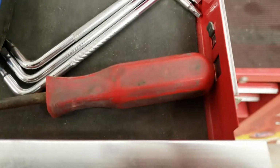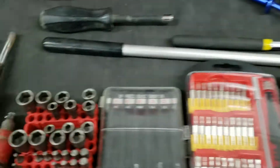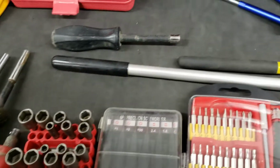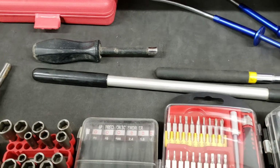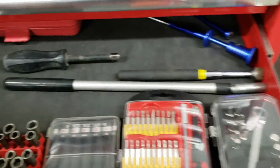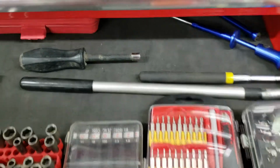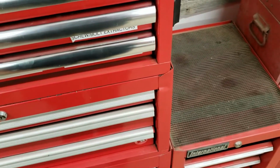And this is a Torx. I think that's a Mac Torx. And then there's this black handled hex driver. That's a Snap-on, and that's a Snap-on 7mm nut driver. This is a Mac, a little Mac bit, another Torx bit. And then